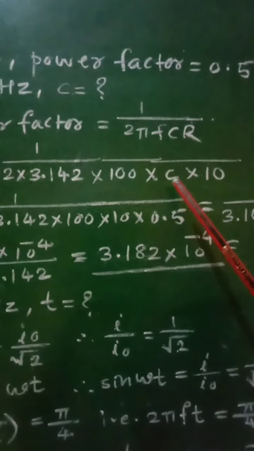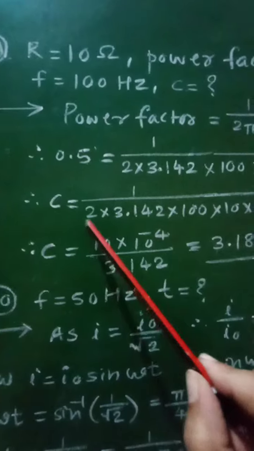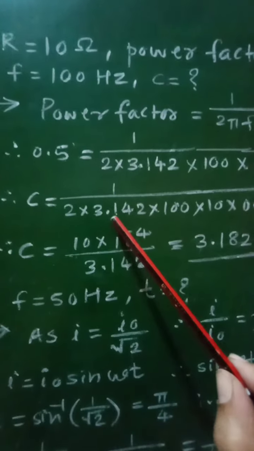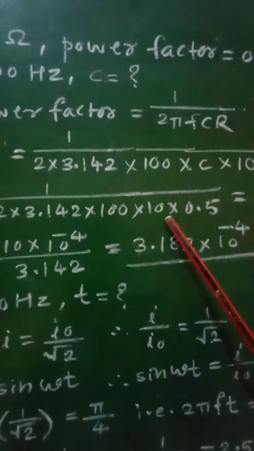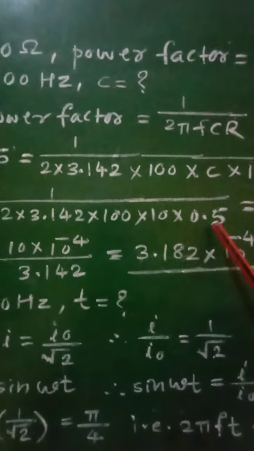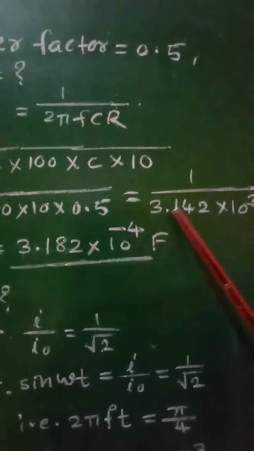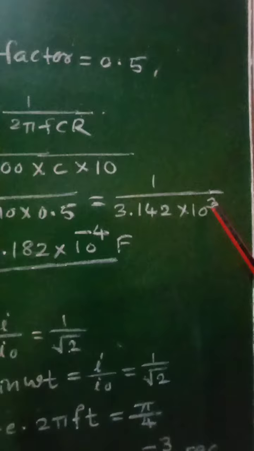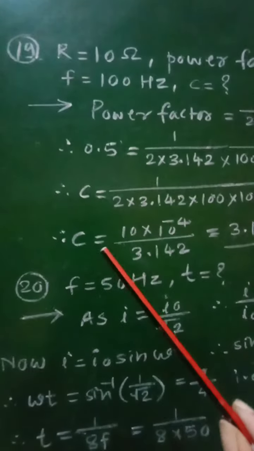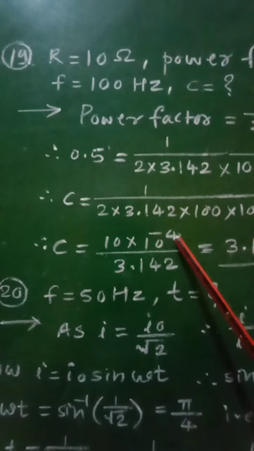And from this, the value of C will be given as C is equal to 1 upon 2 into 3.142 into 100 into 10 into 0.5, which comes out to be 1 upon 3.142 into 10 raised to 3. Then this will be written as C is equal to 10 into 10 raised to minus 4